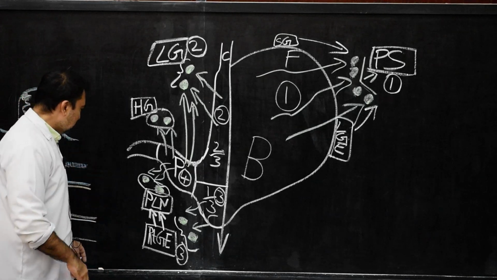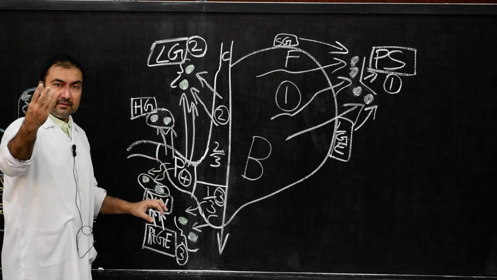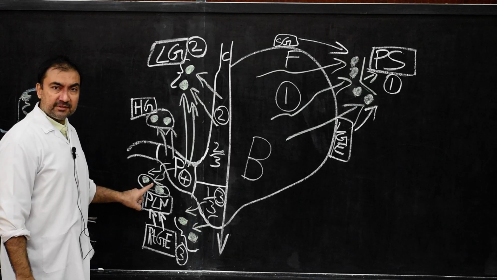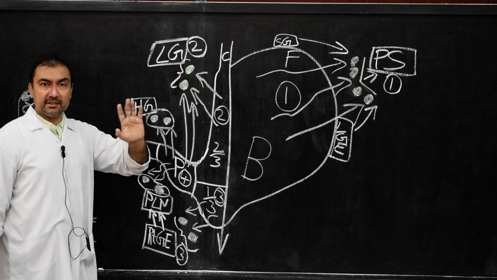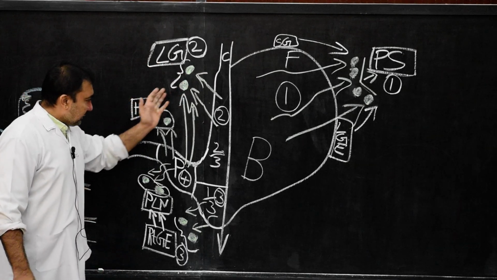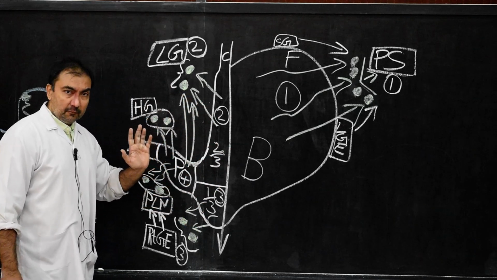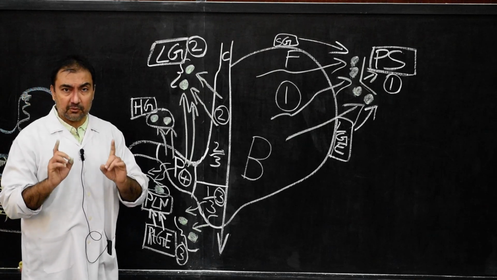So please note down, from the pyloric antrum, the entire lymphatic drainage will be in 3 different lymph nodes. Number 1, pyloric group of lymph nodes. Number 2, hepatic group of lymph nodes. And number 3, left gastric group of lymph nodes. Remember the diagram and remember this group of lymph nodes. Once again, because they can be asked in MCQs and in 1-mark question answer also.